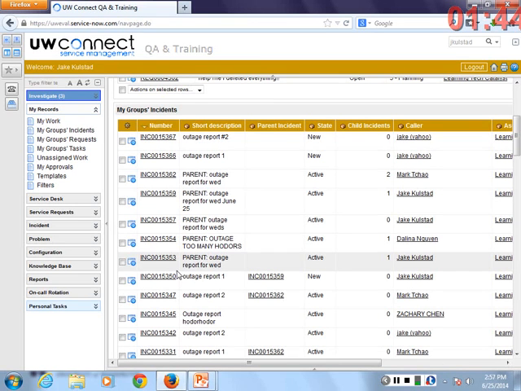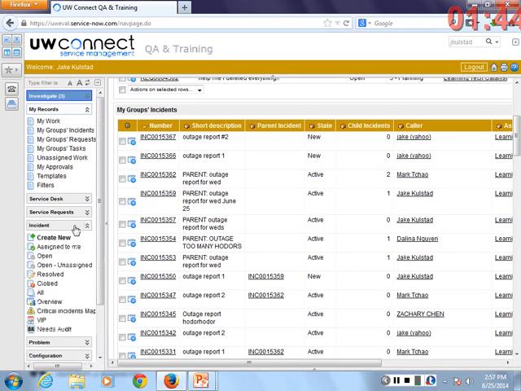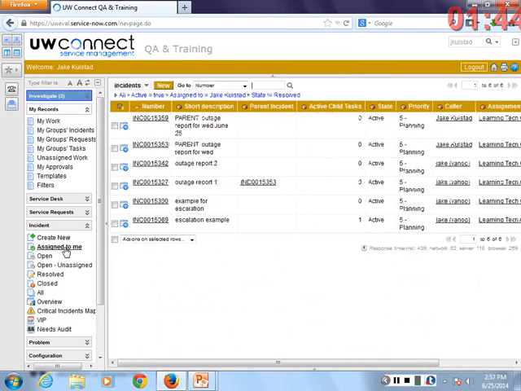I apologize. If this were a cleaner example, you would only see my group stuff and not all your stuff as well. In order to illustrate that point, I'm going to go back to the incident application and click on Assign to Me. This is a filter that's looking at all active incidents that are assigned to me. And now I can actually just see the ones that matter. That make sense?